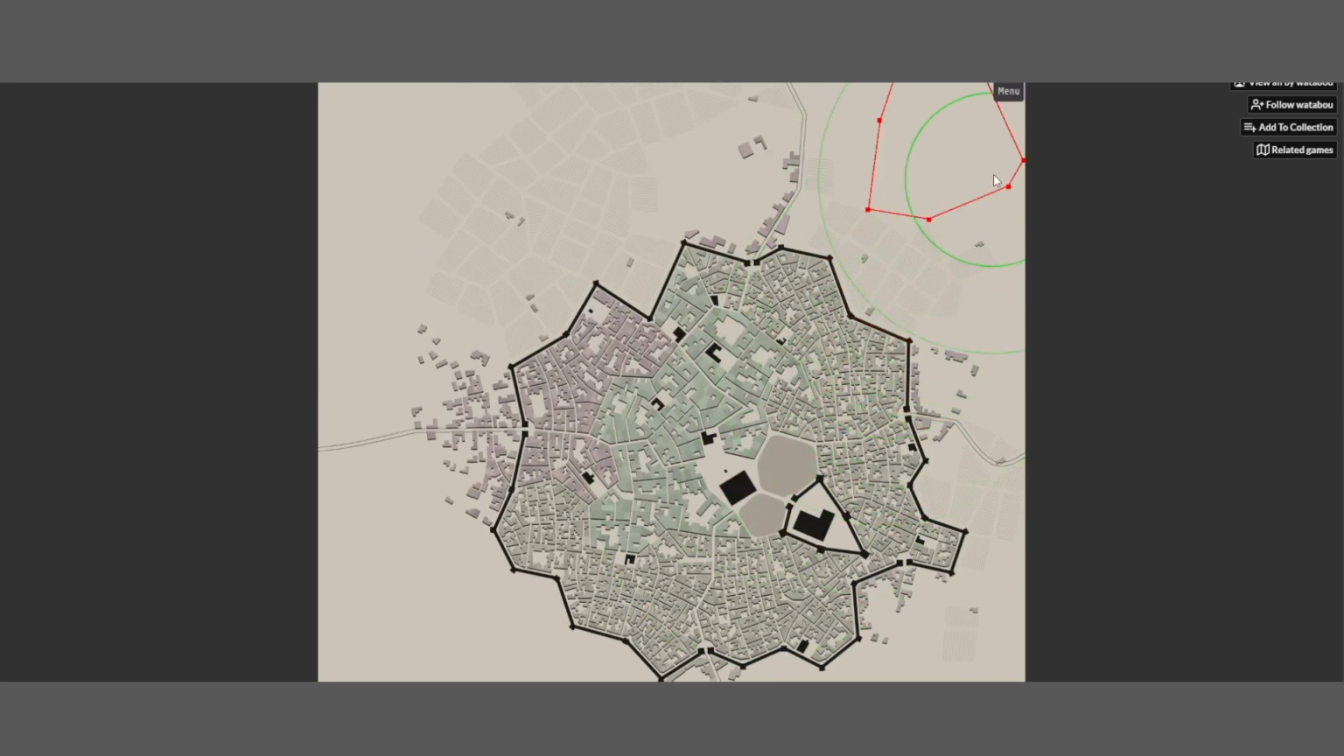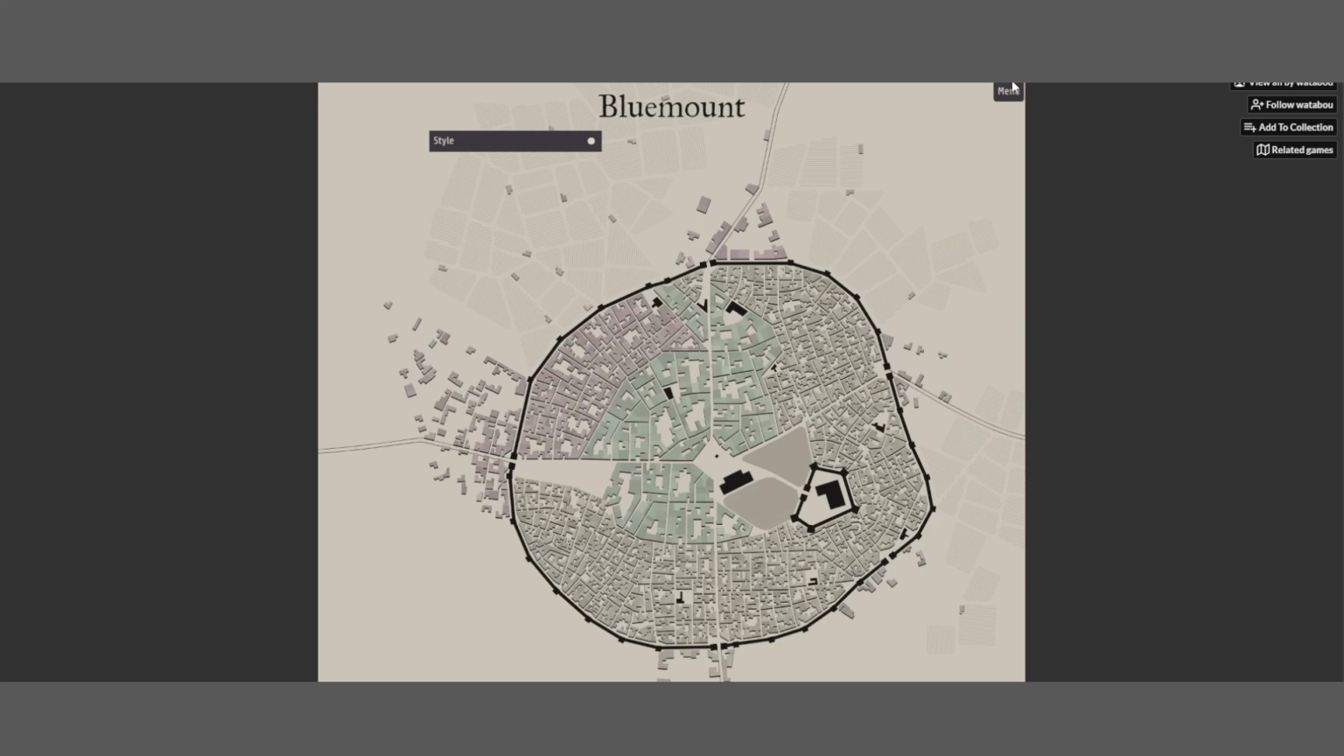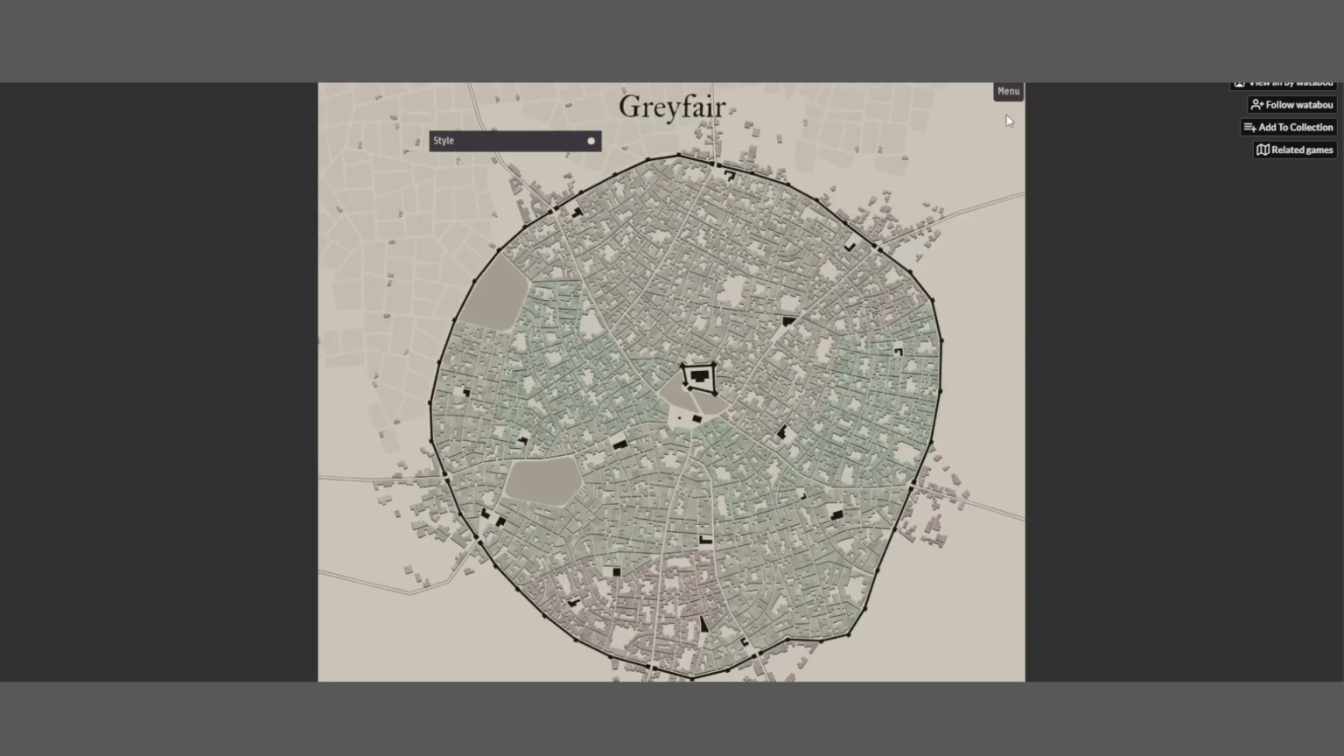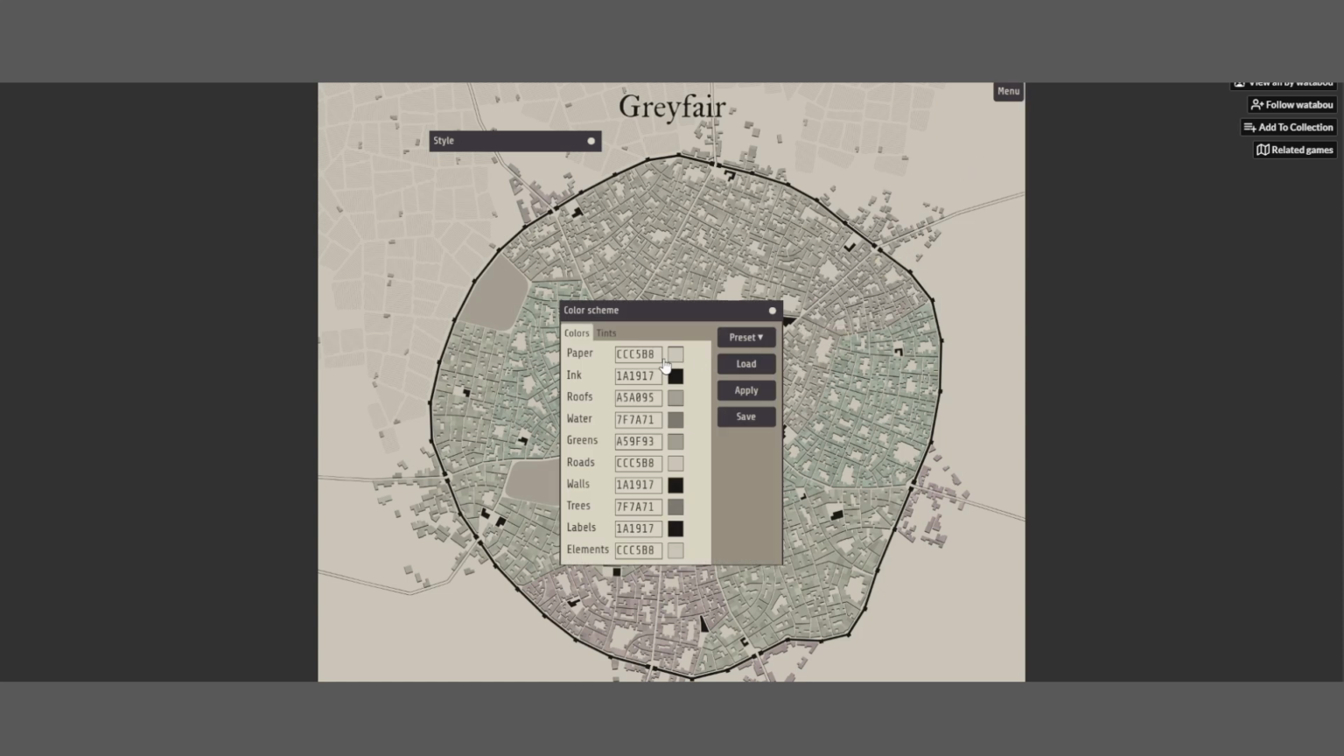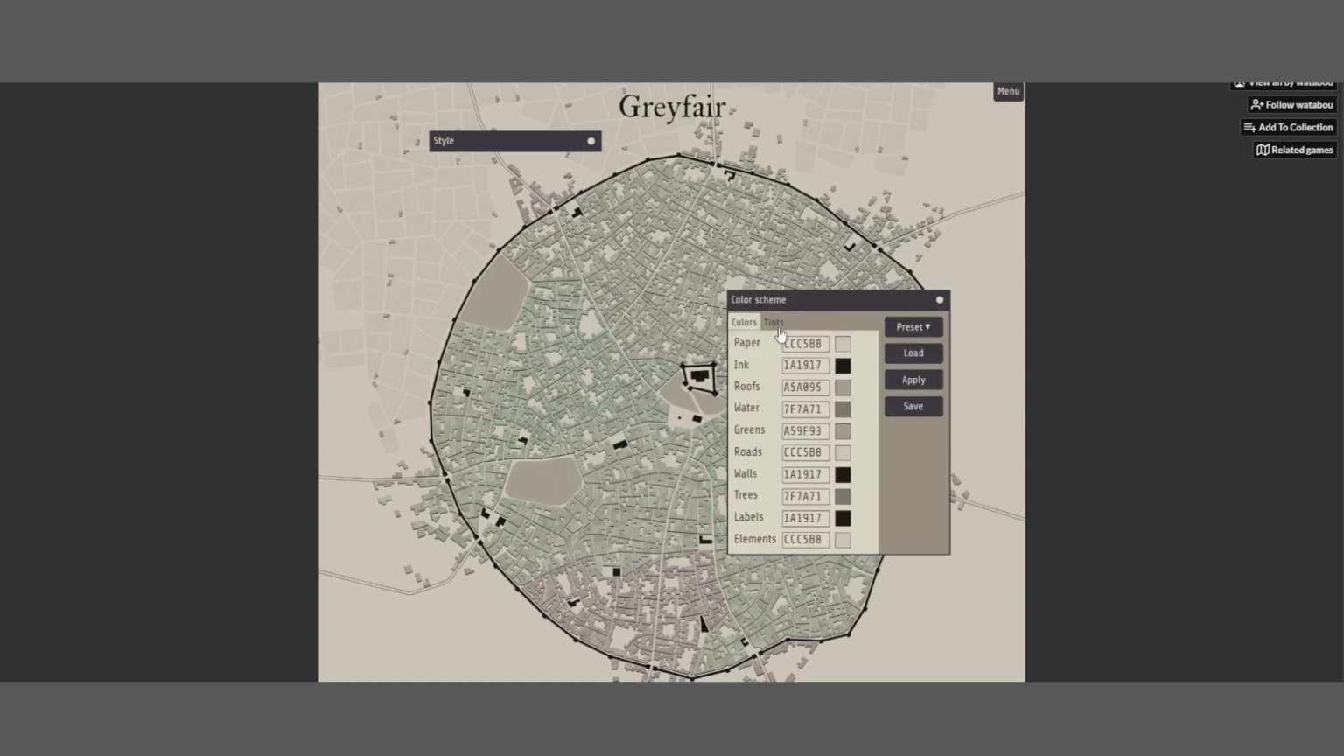You know what? I think we're gonna have to, let's discard all of this. Let's just make a new city. This is much better. As we see our districts, let's change some of these colors. Oh boy. Okay, so